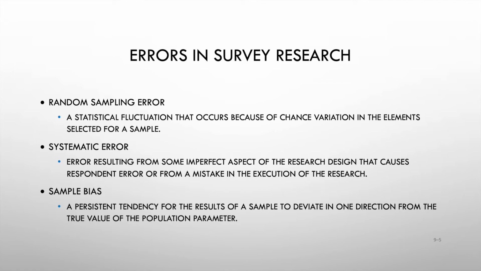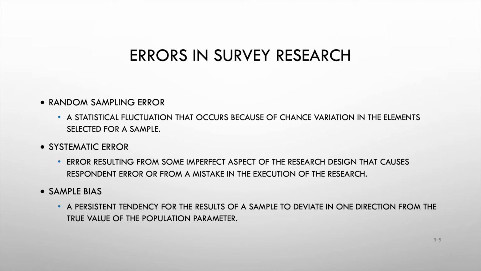There might have been, in your research design, the pick-it-out-of-a-hat method of finding people as your random sample. So anything that would involve the inaccurate or imperfect design of the study, the survey itself, would